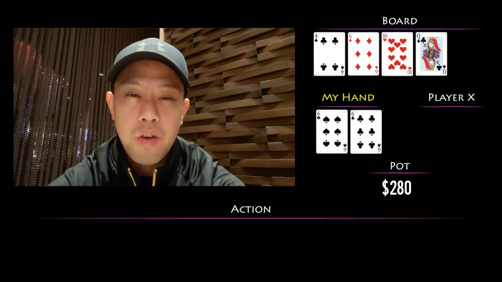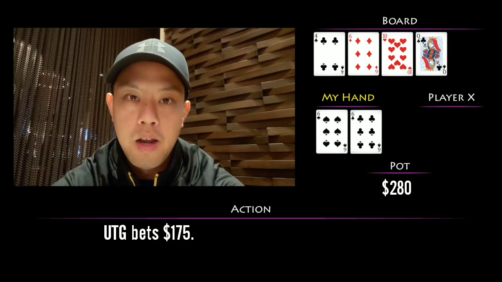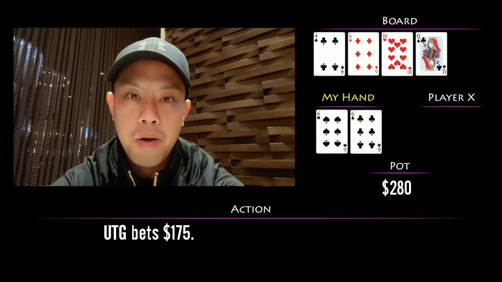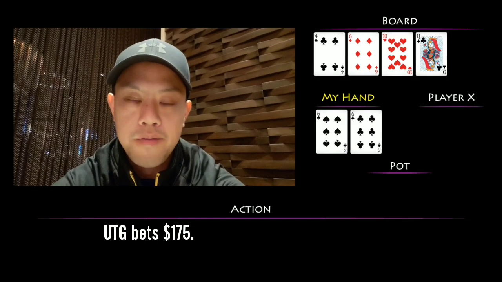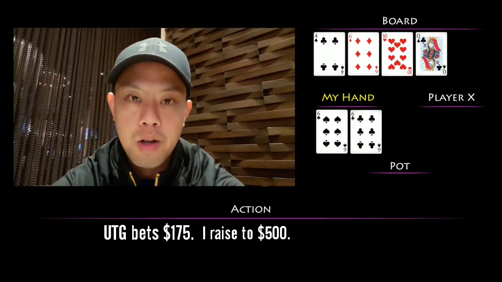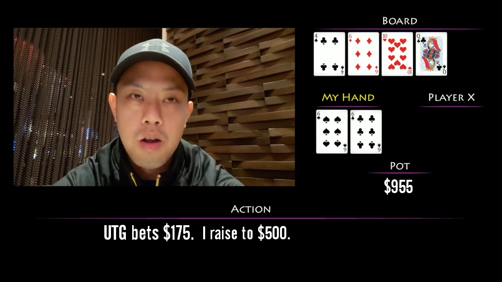He goes ahead again and leads for $175. He's got about another $700 behind, and I think this is where we're going to want to put in a raise with some of those draws coming through. So we go ahead and raise it to $500. We do cover this player by a couple hundred, and the cutoff makes the fold, and the limper tanks for